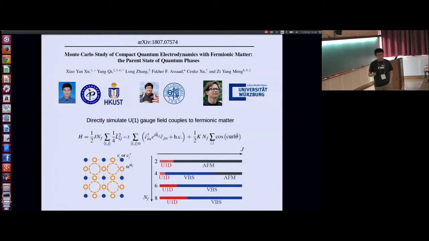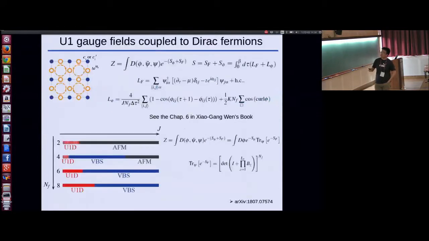This is a simulation we performed not by the spin Monte Carlo, but by the fermion Monte Carlo. So this is a model. This is a Hamiltonian. Let me just go directly to the next slide, which is easier. This is the partition function, and this is the action. Maybe this is simpler. So the action has the